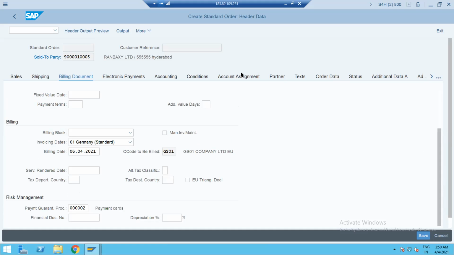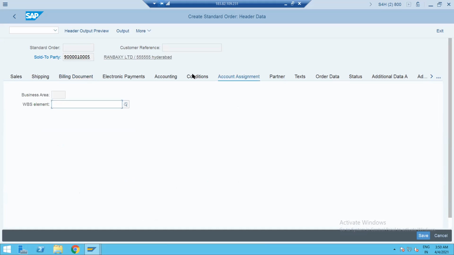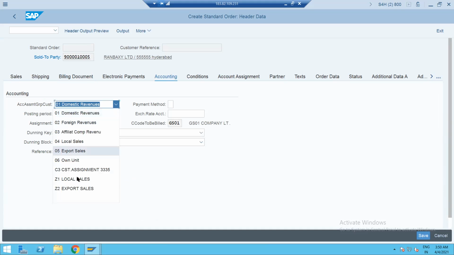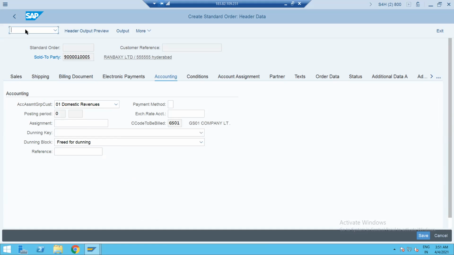Okay, account assignment, let's go here. Accounting. If you see the account assignment group, it's domestic revenue, but ours is for local sales. We can keep it like this if it is export. So instead of changing it at transaction level, we should permanently maintain this